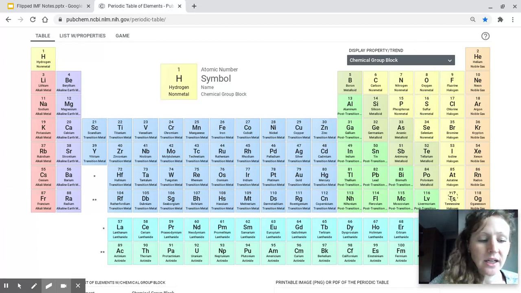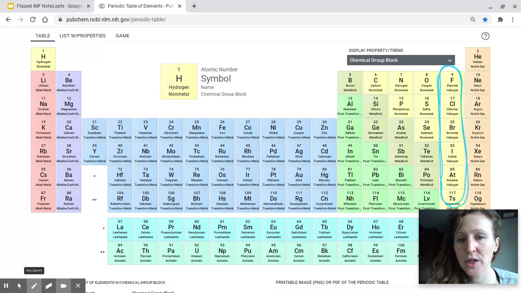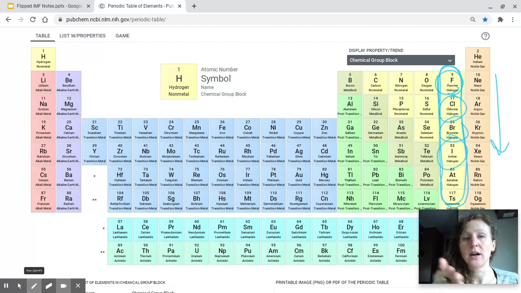If we're talking about London dispersion forces occurring among the halogen molecules, as the halogens get bigger going top to bottom in this table, you're going to have more and more London dispersion forces. So London dispersion forces on iodine are going to be stronger than London dispersion forces on fluorine